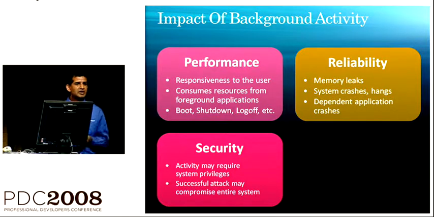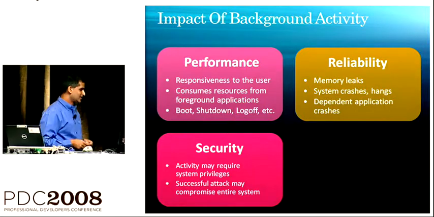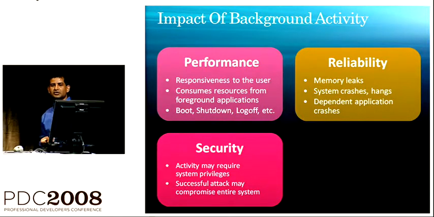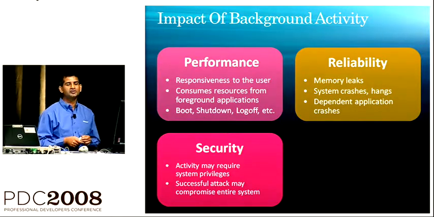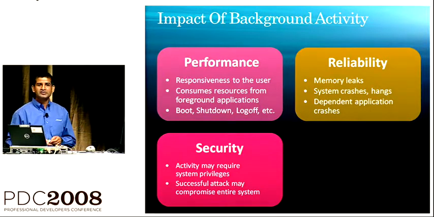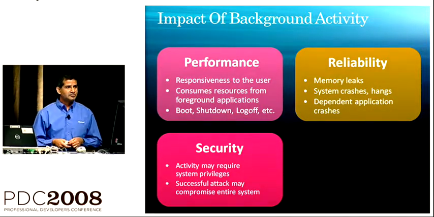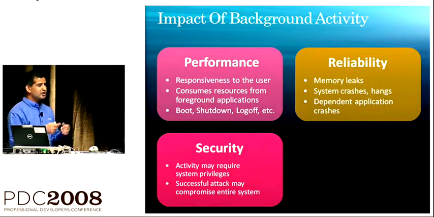So who's familiar with the Blaster attack? Quite a few people. So this was just a quick summary. The Blaster attack was an attack found in the RPCSS service, which is a Windows service. It was a low privilege service, but there was some elevation that happened via the Blaster mechanism, and the whole system was compromised. So what I'm trying to get to here is that